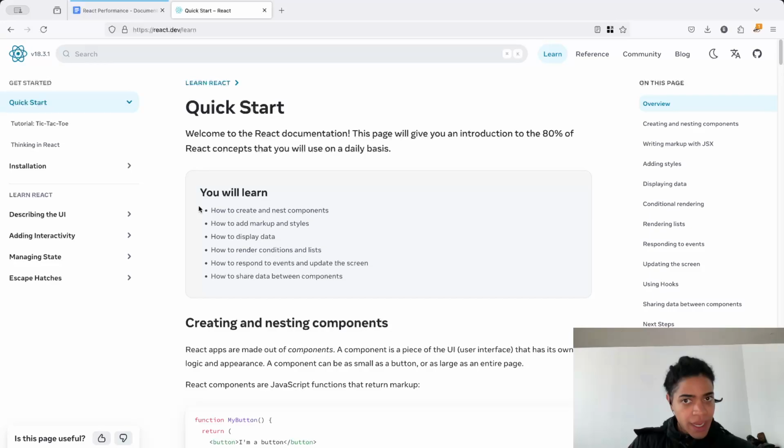And as we scale our applications and want to provide more interactivity and more user interface to the user,